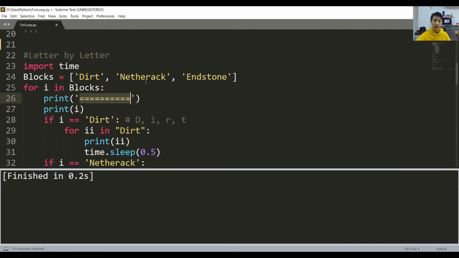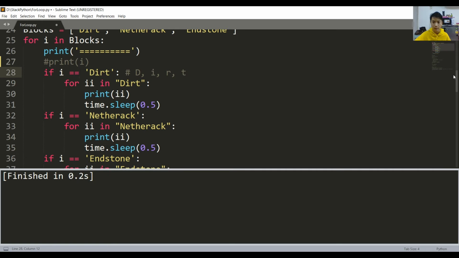But we're going to have three different strings, and we're going to print them letter by letter. So print i is just print the word itself. If you don't want to print, then you can just comment it out, like so. And then if i equals dirt, which is like what we did in the beginning. So if the text equals dirt,